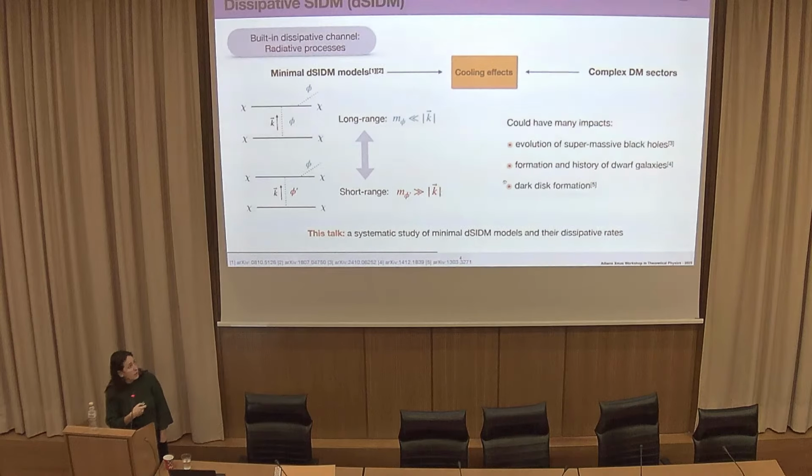Between this really simple scenario and the more complex dark matter, what is actually important is the net energy loss that you are going to have through your dissipative processes, which you can already infer from this minimal dissipative model. So for this talk, I'm going to focus on this minimal model, which is also the focus of the paper I would like to present now, in order to obtain dissipative rates, so we can see where the impact of this dissipative dark matter will be.